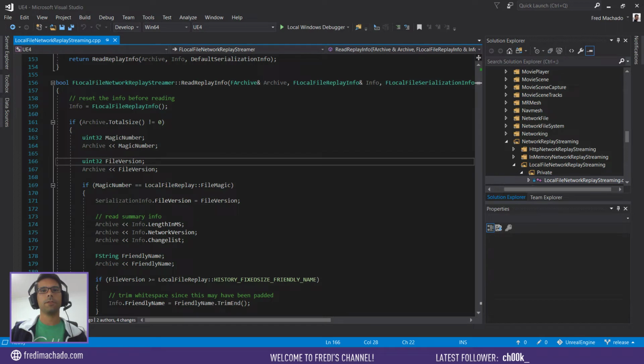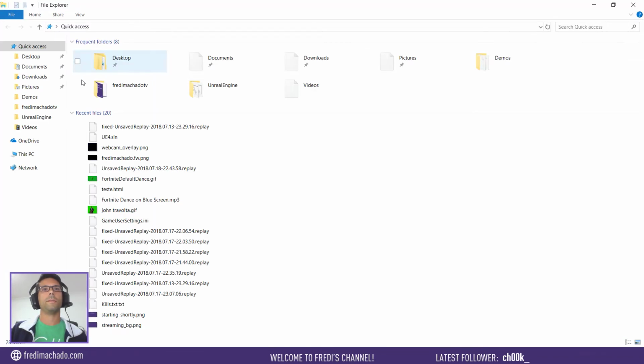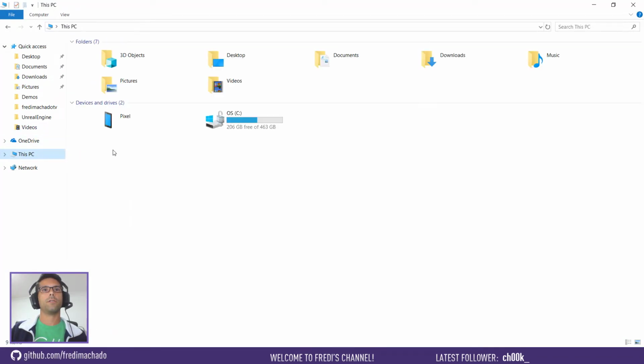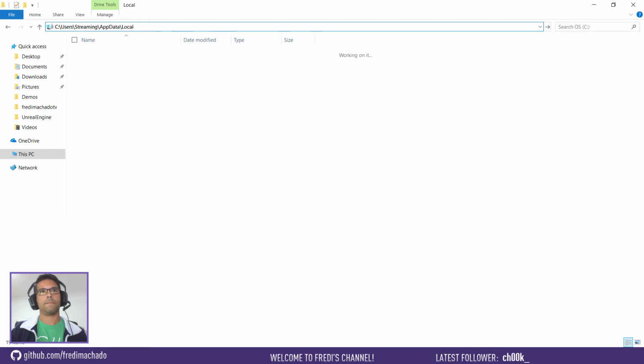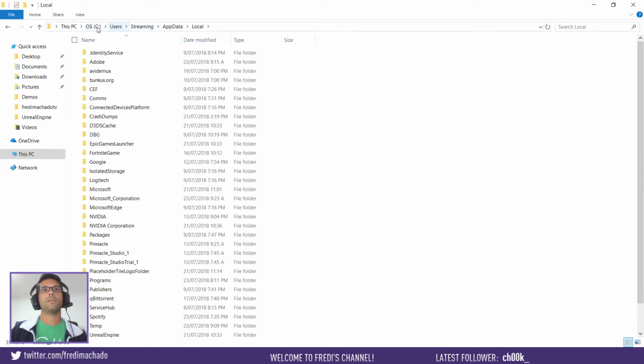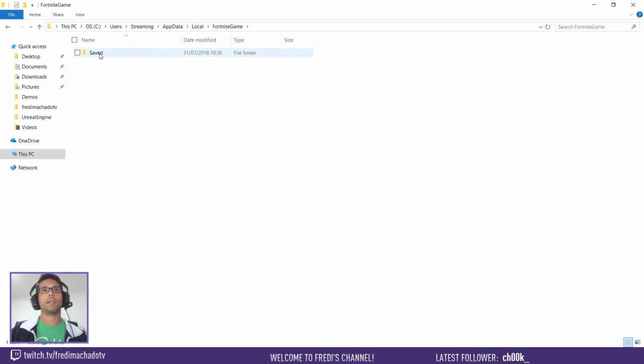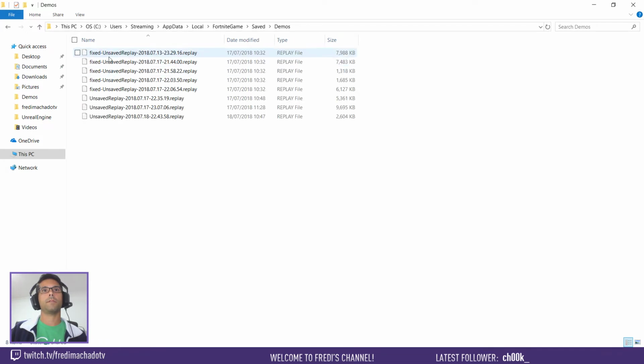First thing, we need to know that all the replay files are stored in the local app data folder. So see your users directory, your username, AppData, Local, and then FortniteGame, Saved, Demos. So all the replay files are here. So we can try to